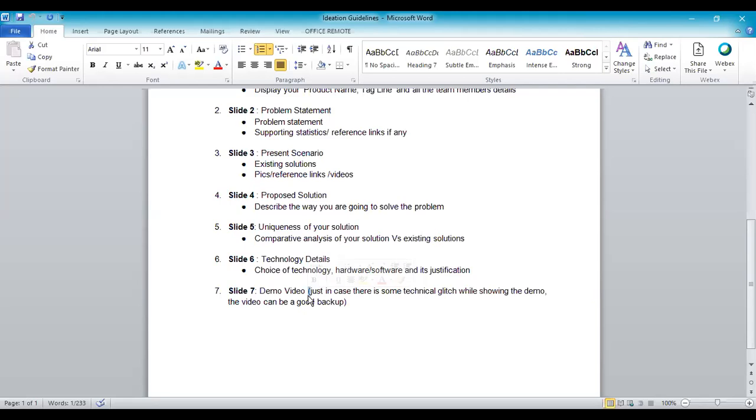The best thing is to always take a video of the working. You can take the video with your mobile phone. You can take a video with a simple camera. Take a video of the whole working solution and keep it as a backup, just in case your solution doesn't work at that time. You can always share the video. Sometimes if you have to show the demonstration on the dais, you will have some problem with the power connection, you will have some problem with the network sometimes. So all these things, to have a video backup is always helpful. So that's why it's mentioned in slide 7 that you can always have a video as a backup. Of course, people would like to see the